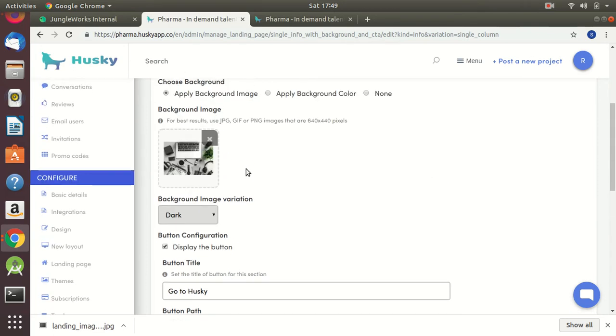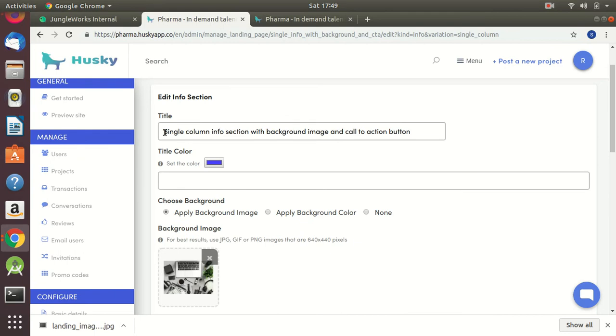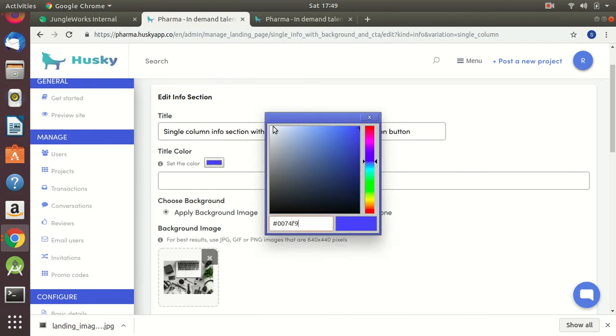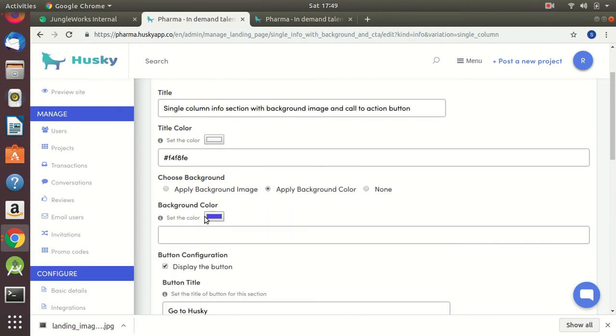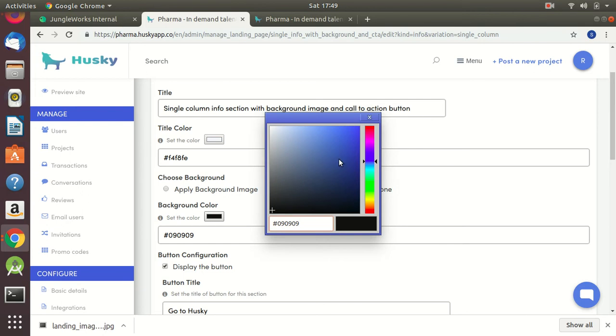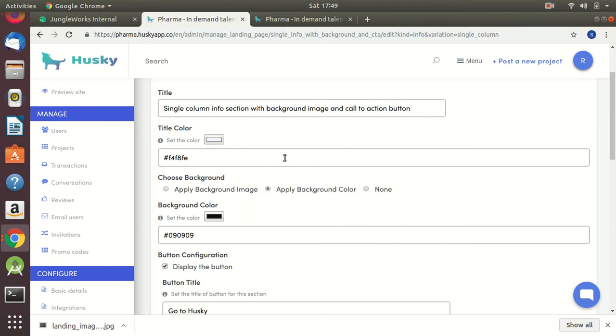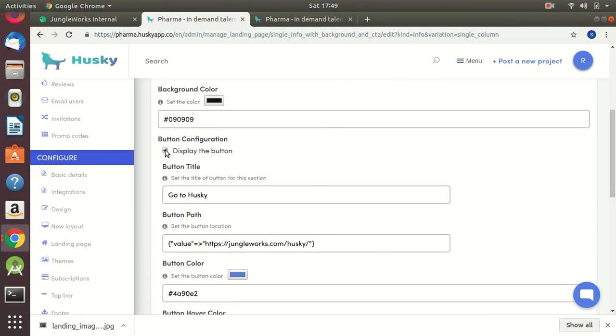Just I am editing this also. I'm giving the background color as black only. Any color that you want, any color that admin wants, he can. So I'm displaying this button. I'm showing you how to. So I can write the title of the button, anything I want.